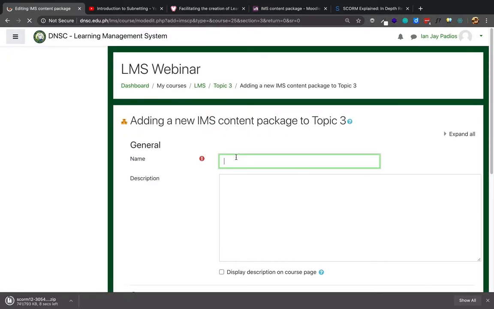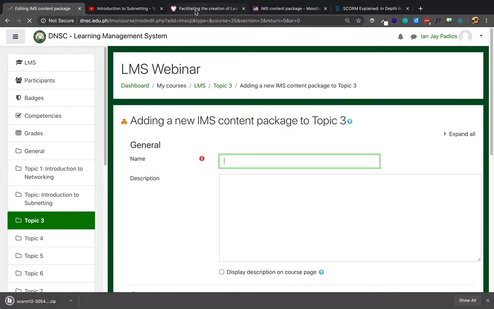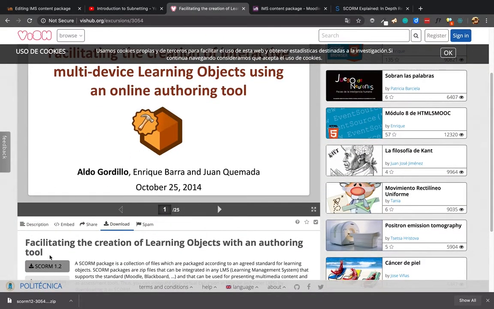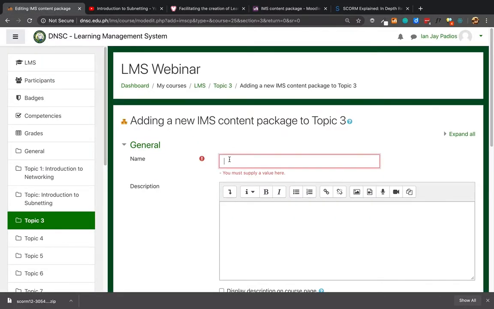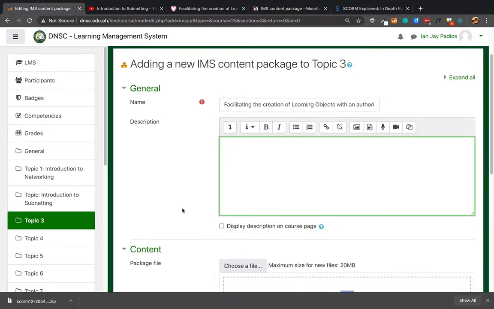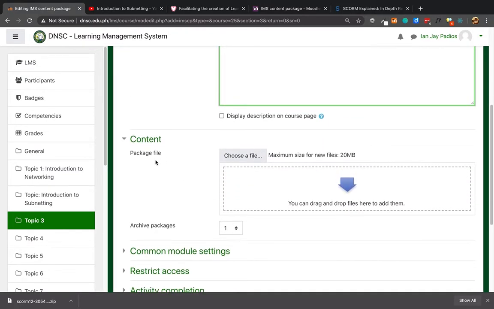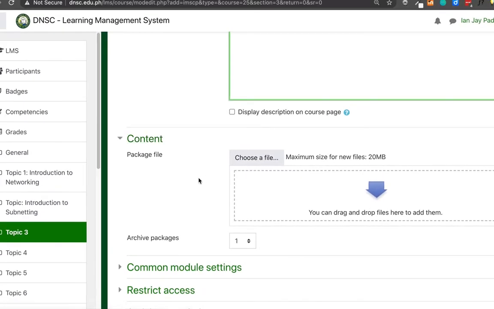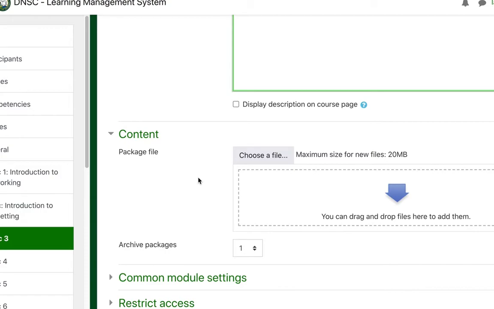Then let's type the name or the title of the content package that we're going to upload. I will just copy the title. Then if you notice, the content portion is where we're going to upload our newly downloaded content package. So click choose file,